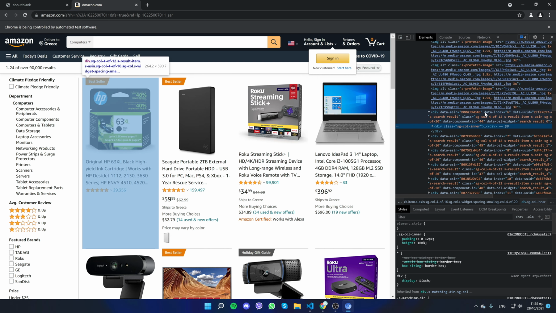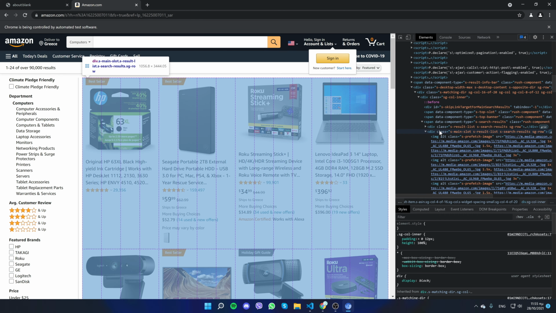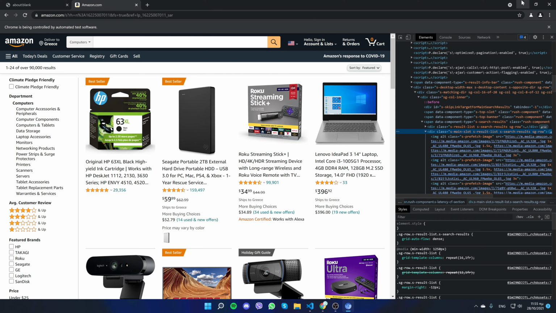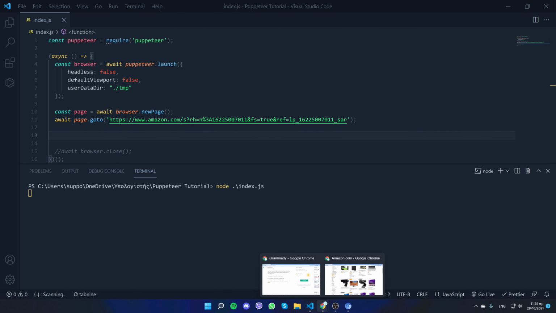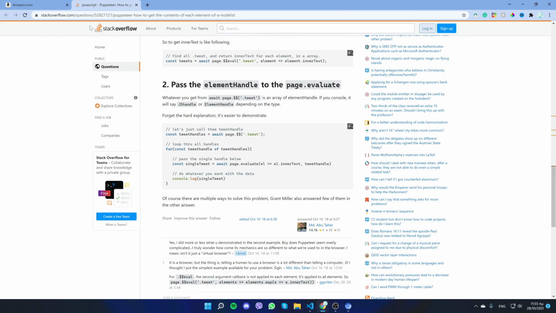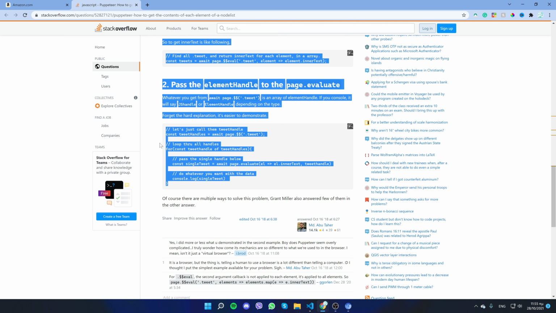So I'll just select a product, scroll up, and right here we need to locate the box that surrounds all of the products and copy paste the class right here. Before we do that, I want to show you something that I found on Stack Overflow that will help you to map the products. So what we'll do here is copy this code,